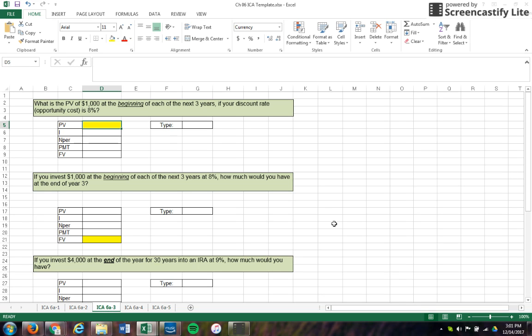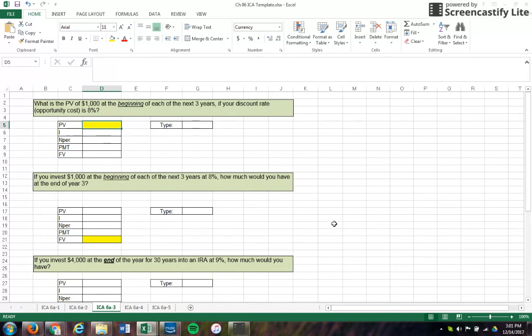All right, finance students, let's work on practice problem 6.3. Now we are looking at annuity dues. We've previously been looking at ordinary annuities, which is under the assumption that we are getting our annuity payments at the end of the compounding periods. Now we're going to look at annuity dues, where we are assuming we're getting the payments at the beginning of